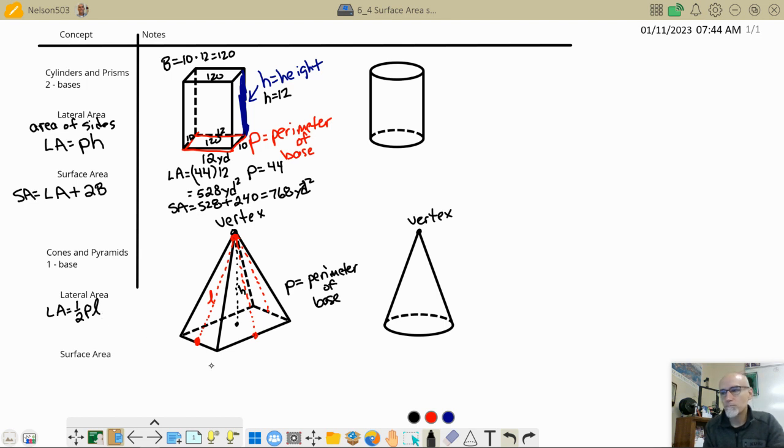Okay. Now, hey, look, I didn't really talk about the cylinder up here. Well, what's the difference in the perimeter of the base? Well, it's going to be the circumference. So P is going to equal the circumference in this object, right? Circumference. And it's going to be the same for this one down here. P is equal to C, right? C, that's the circumference, is usually what we abbreviate that with. That's pi times diameter, right? So to find the circumference